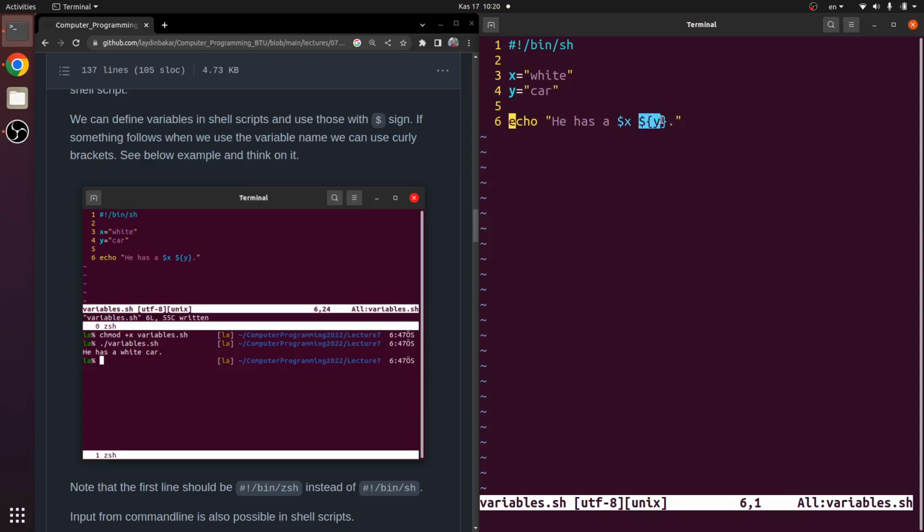We use these curly brackets if we have another character without a space after our variable, like this one, to separate that our variable is y, not y dot. Okay, I'm not sure if the dot makes a problem here, but like if we want to print he has some white cars,